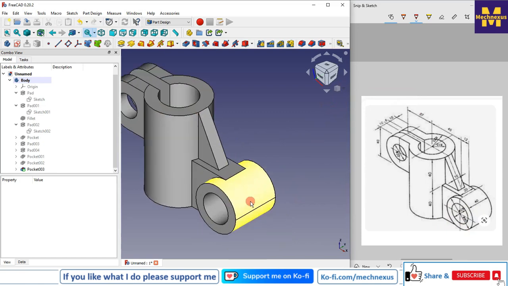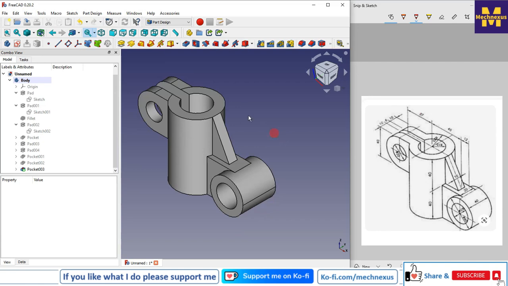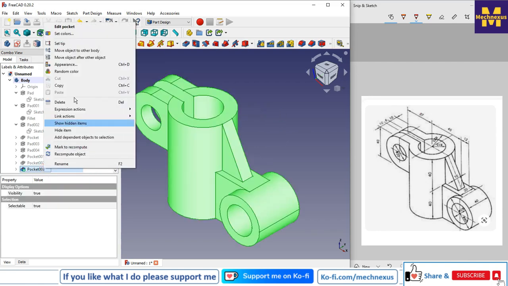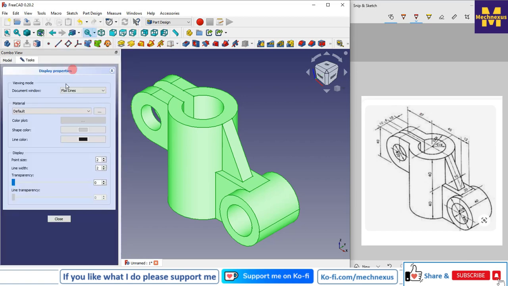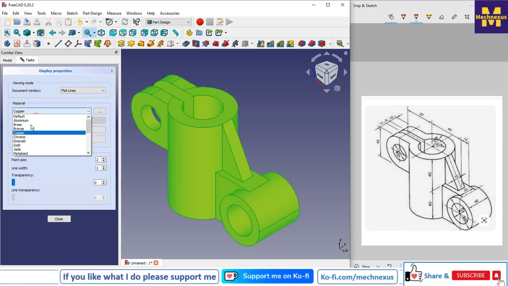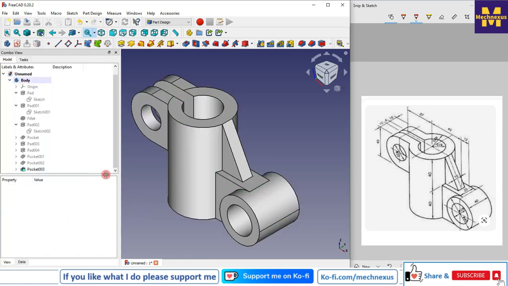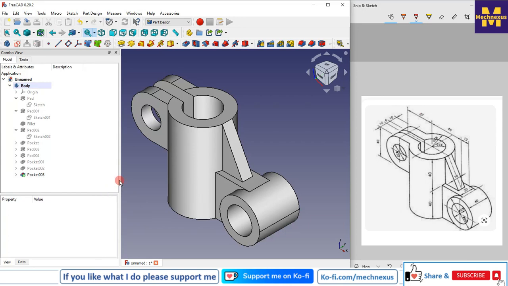So here we have successfully converted this isometric drawing into the 3D model with the help of the Part Design workbench. Now I will apply some color to my part, so I will go to the appearances, and from here I will select the chrome. You can apply material of your choice, and I will close it. So this is all about this tutorial, how to convert this isometric drawing into the 3D model,